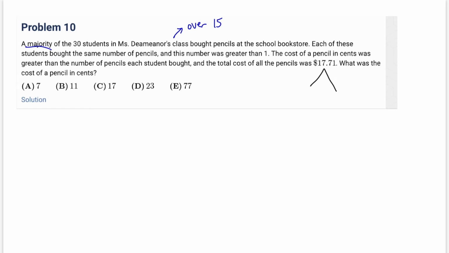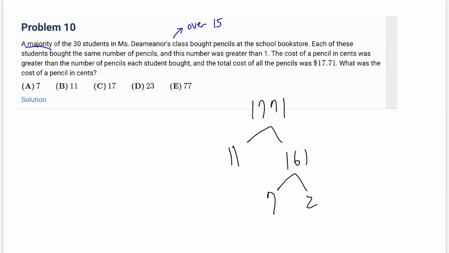Let's take out the decimal and just make it cents. 1771 divided by 11 is 161, and this is divisible by 7. So 7 times 23. So this is 7 times 11 times 23, and the only number here that is over